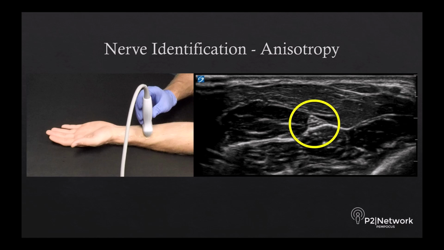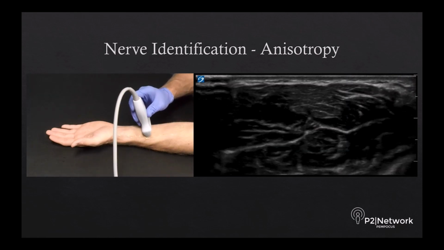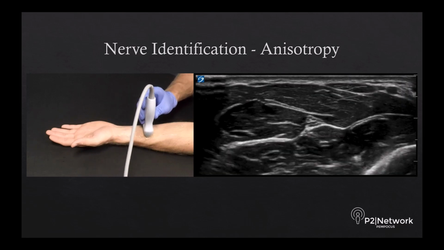Another important concept when discussing nerve identification is the concept of anisotropy. Here we're looking at the median nerve in the forearm. Initially, we have a nice perpendicular angle of incidence with our probe, highlighting that median nerve really well. You'll see as we fan the probe back and forth, however, we go from that nice crisp view of the nerve when we're nice and vertical,